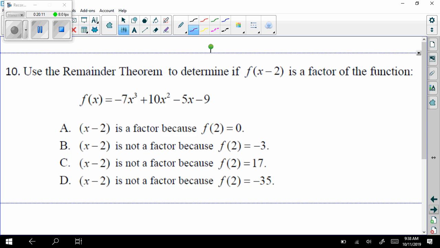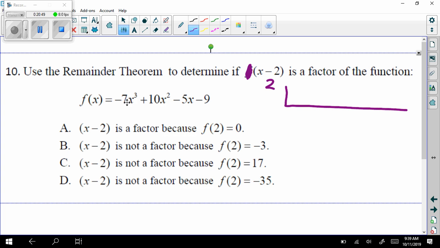Use the remainder theorem to determine if x minus 2 is a factor. That's written weird, there shouldn't be an f there. So if x minus 2 is a factor, that means there will be no remainder when we divide by x minus 2. Since we're dividing by just x minus 2, we can do synthetic division, which is much easier than long division. Synthetic division, we would put a positive 2,